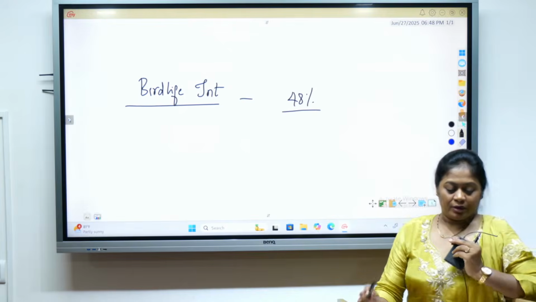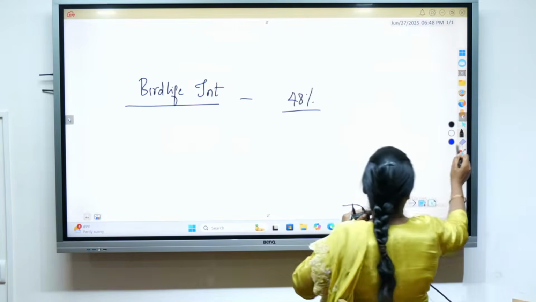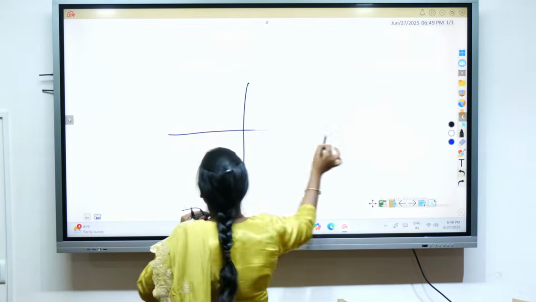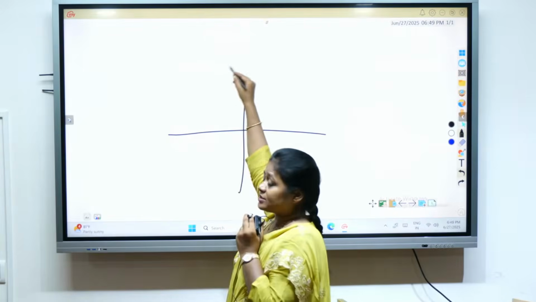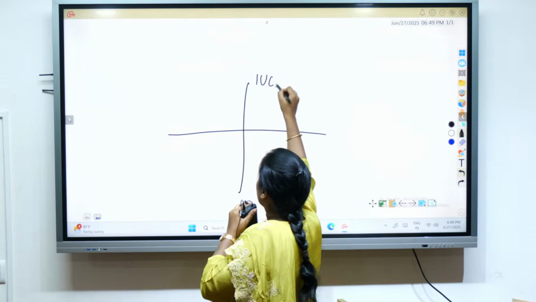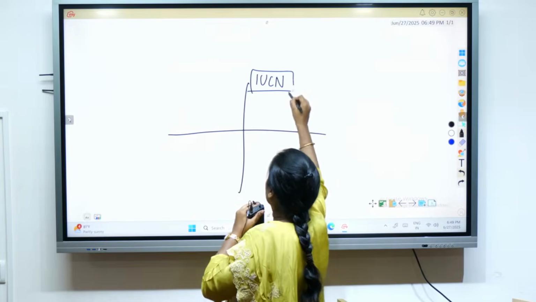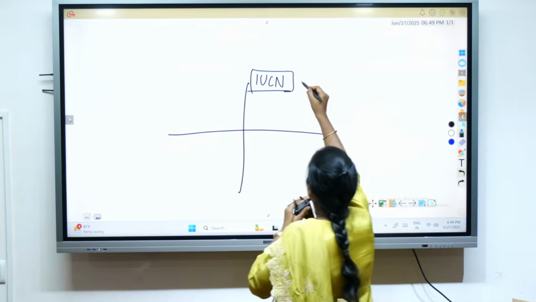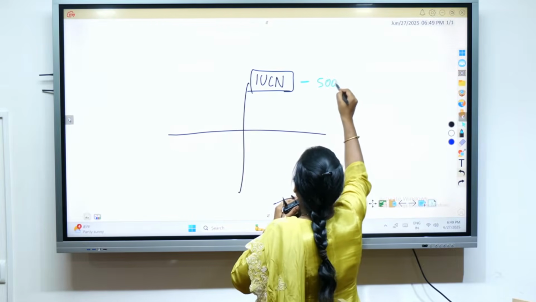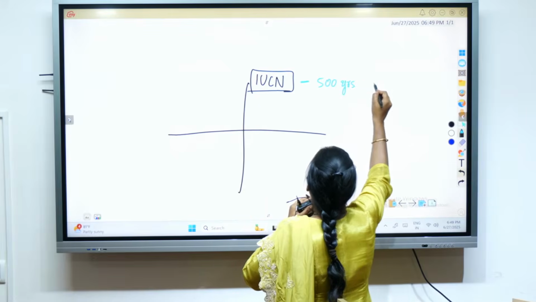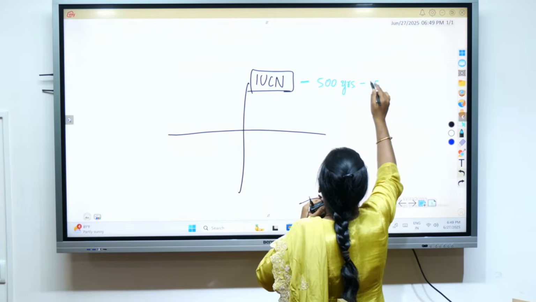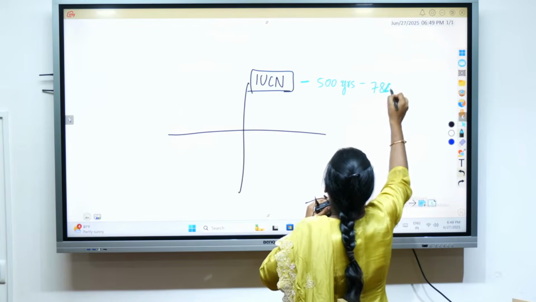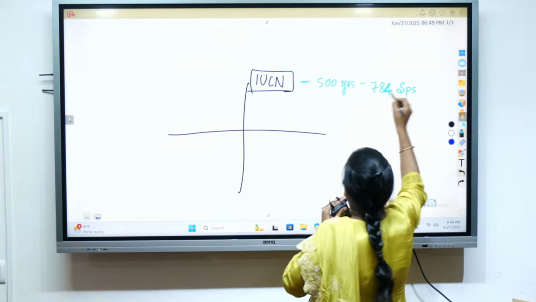Okay. So can you recall all those 4 reports? You have to quote these 4 reports in the mains answer. First report is IUCN. According to IUCN, how many species got extinct in 500 years? In 500 years, 784 species. And the second report,